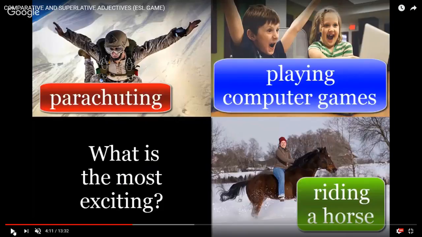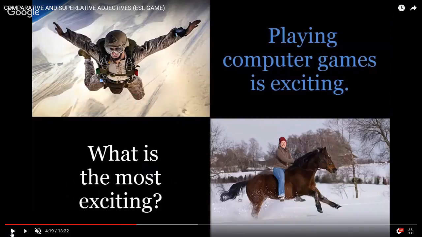But in that case, basic. Playing computer games is exciting. Okay, playing computer games, exciting. And riding a horse is more exciting than playing computer games. Okay, right. And